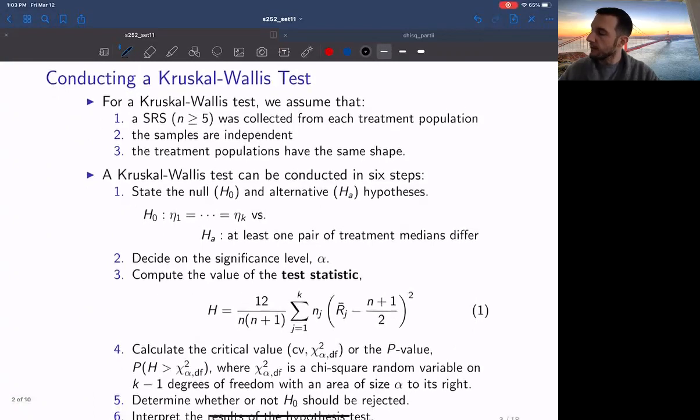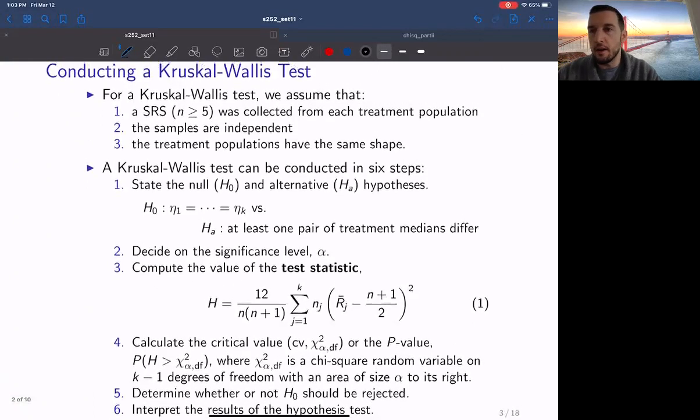So a Kruskal-Wallis test can be carried out in 6 steps, just like any other hypothesis test. The assumptions of the test are that we have an SRS for each population, the samples are independent, and the treatment populations have the same shape. The null hypothesis states that all population medians are equivalent versus the alternative that at least one pair of treatment medians differ. So again, the same idea as a one-way ANOVA, except that we're phrasing the test about the medians